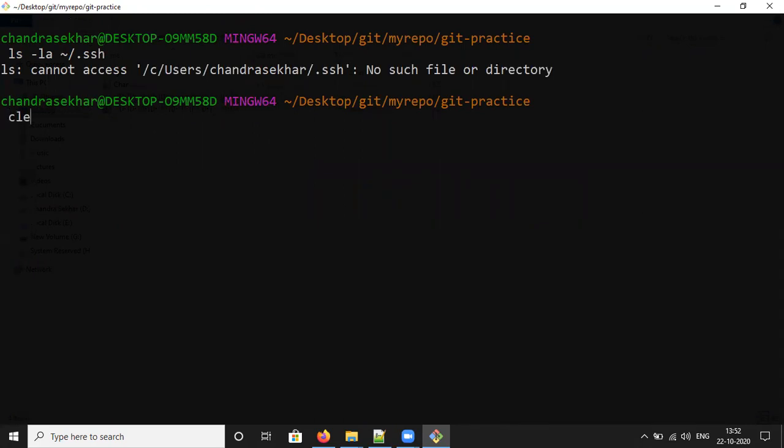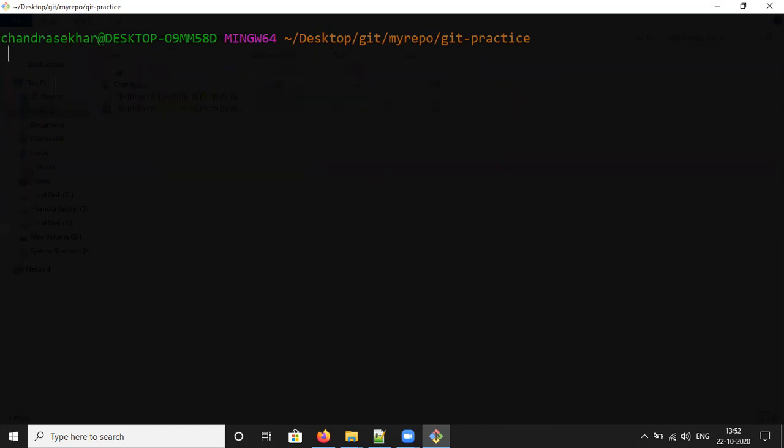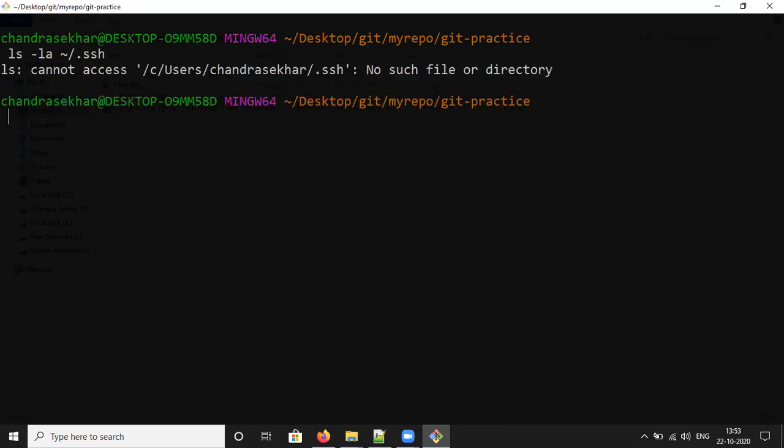So, clear. It is giving no such file or directory. When you generate a key using ssh-keygen, it will create id_rsa and id_rsa.pub.